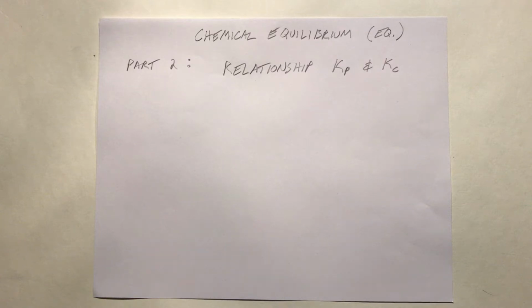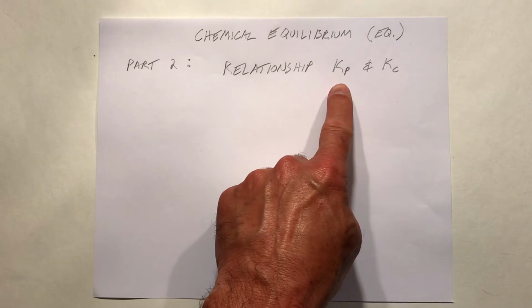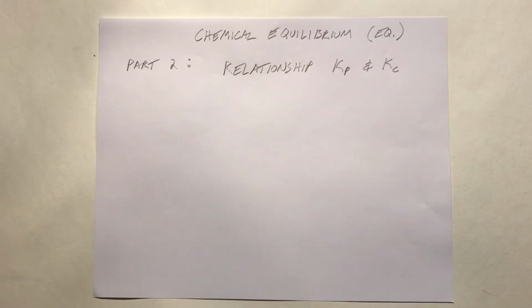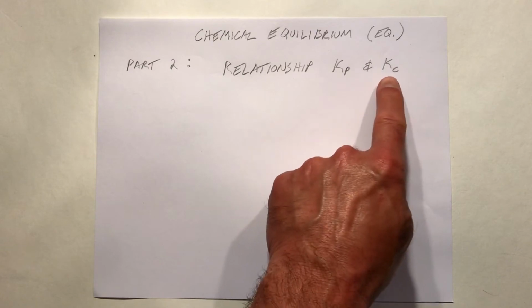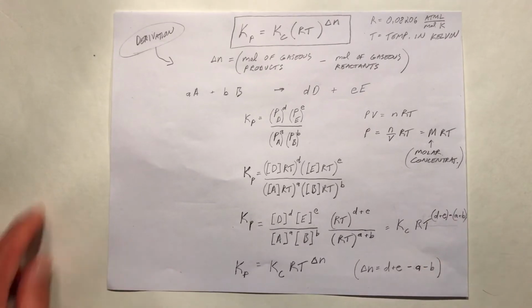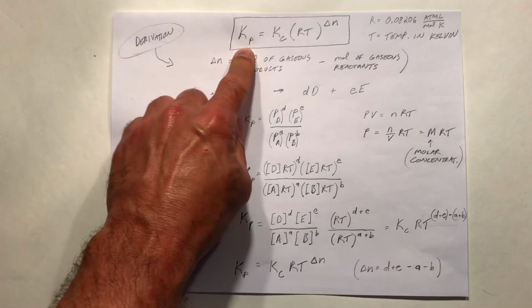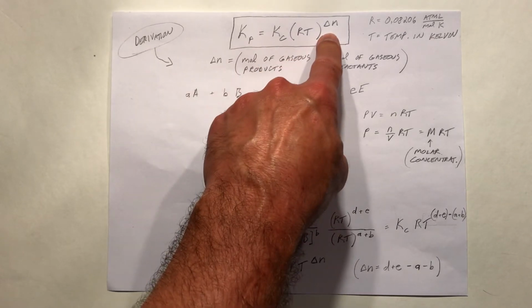Chemical equilibrium, part 2. We're going to take a look at the relationship of Kp to Kc, the equilibrium constant expressed with pressure and the equilibrium constant expressed with concentration. We can say that Kp is equal to Kc multiplied by RT raised to the delta N power,